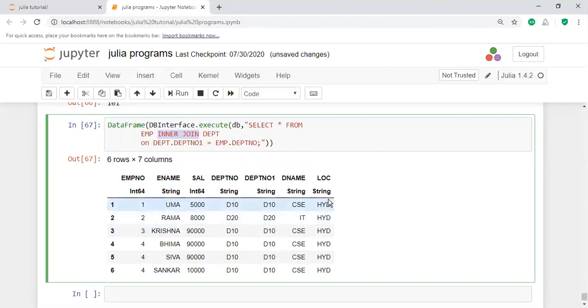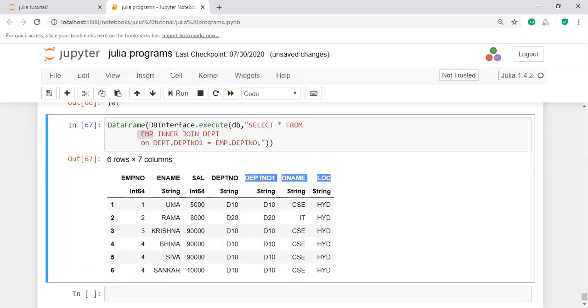Inner join indicates, just like a union operation, for example, employee table A having the employee number, employee name, employee salary, and then department number, and then table B. It displays the A table values as well as the B table values. This is an inner join statement.